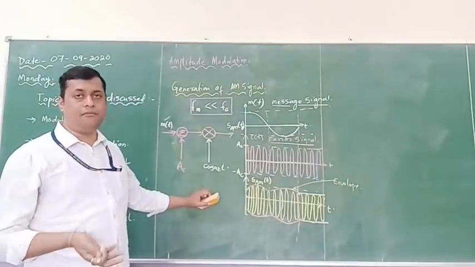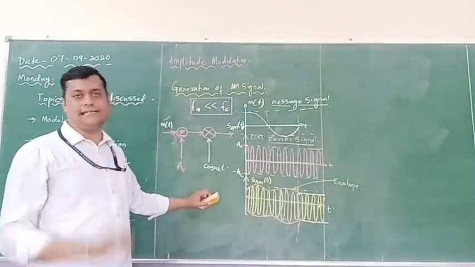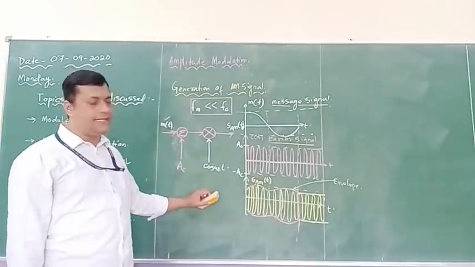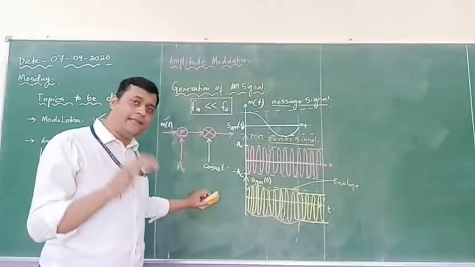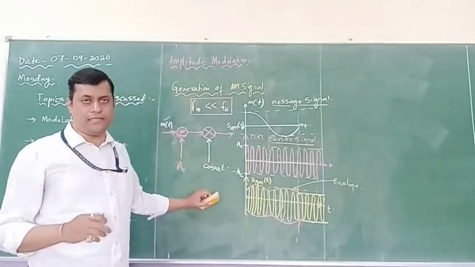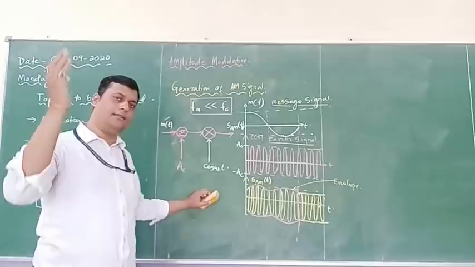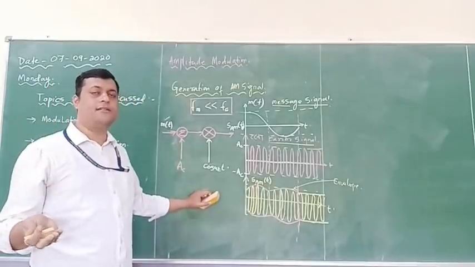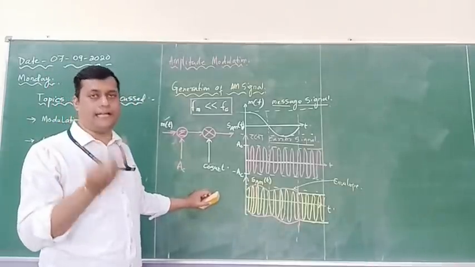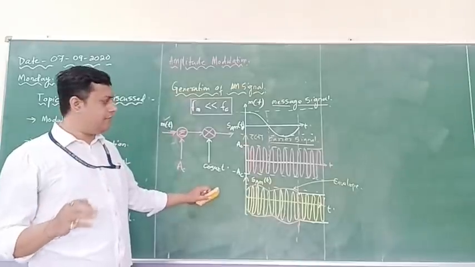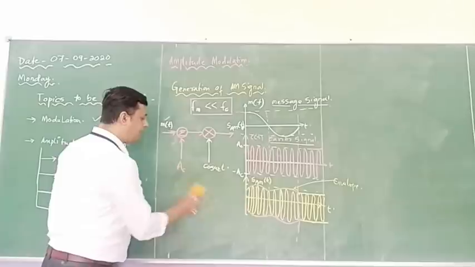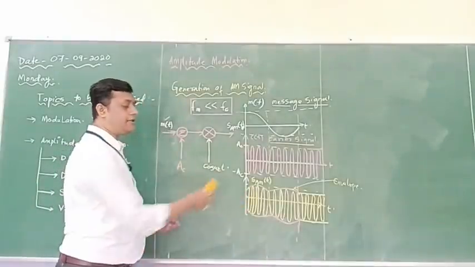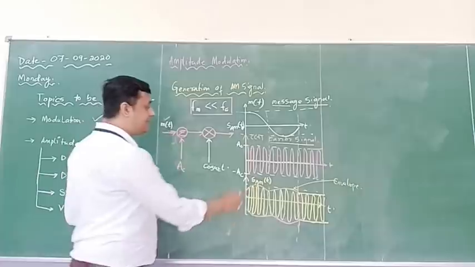Our information means the modulating signal. So the modulating signal is a particular information or a baseband signal with a low frequency which needs to be traveled to a longer distance at a faster rate. So that means you are going to modulate it. So how we are going to modulate? With respect to the high frequency component. High frequency component with respect to what? With respect to carrier. So this is called as your envelope.